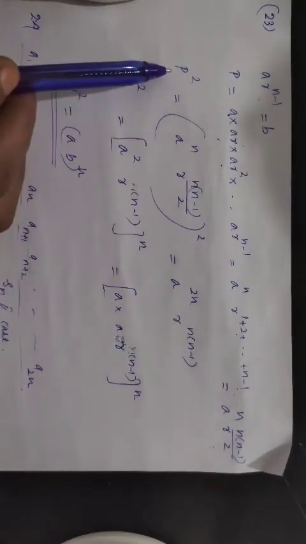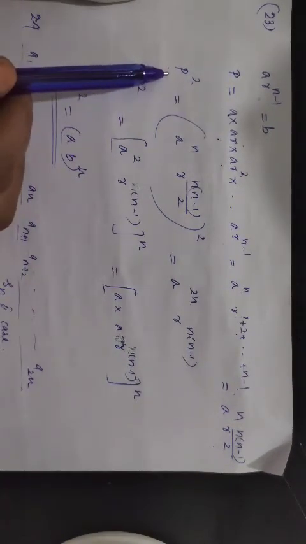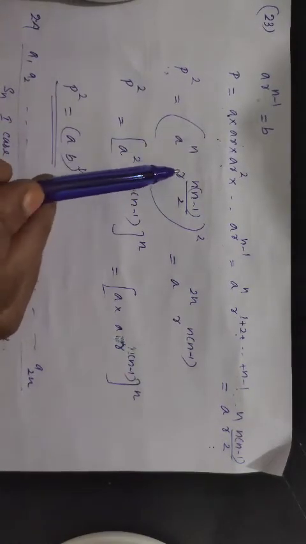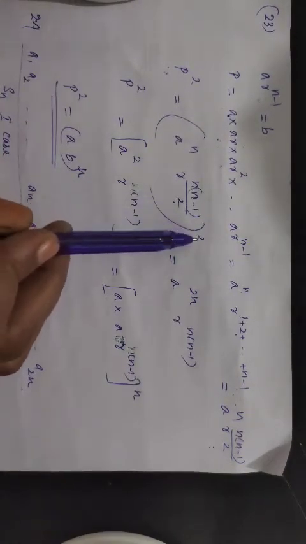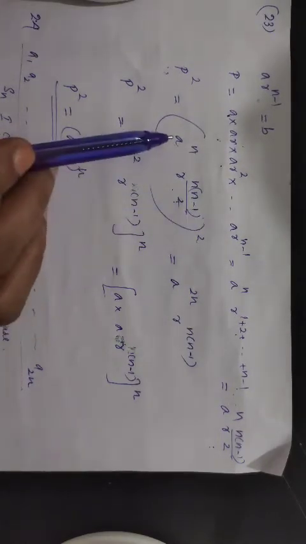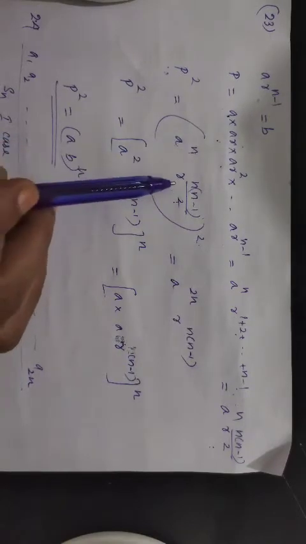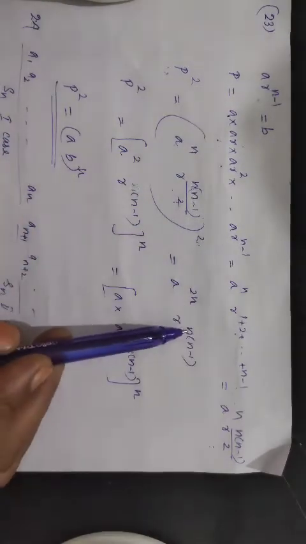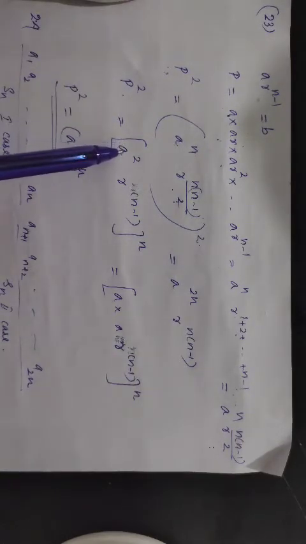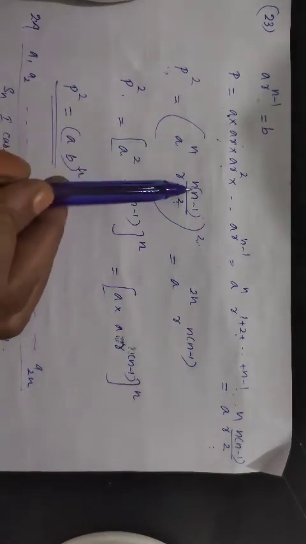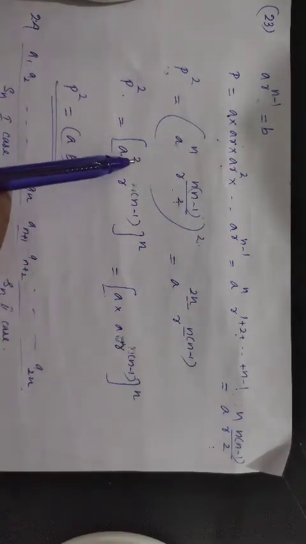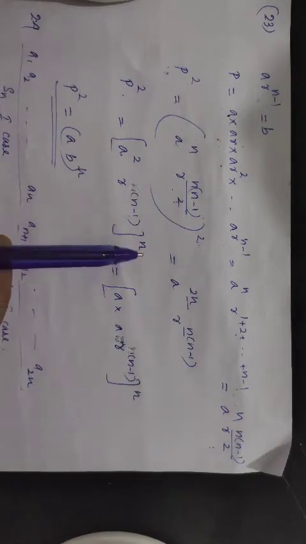Okay, but we have to calculate P square. In the question, the required term is P square, not P. Then squaring both sides, that is A raised to n, R raised to n into n minus 1 by 2 whole square. X into y whole square is x square into y square. That is A raised to 2n. R raised to, these two cancelled, n into n minus 1. Okay. Then P square we can write A square into, we can take n outside from these two terms, that is A square into R raised to n minus 1 whole raised to n.